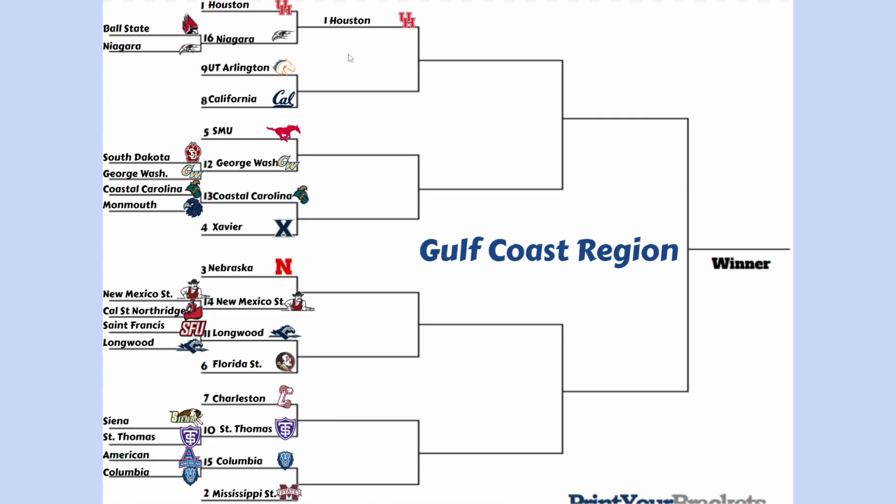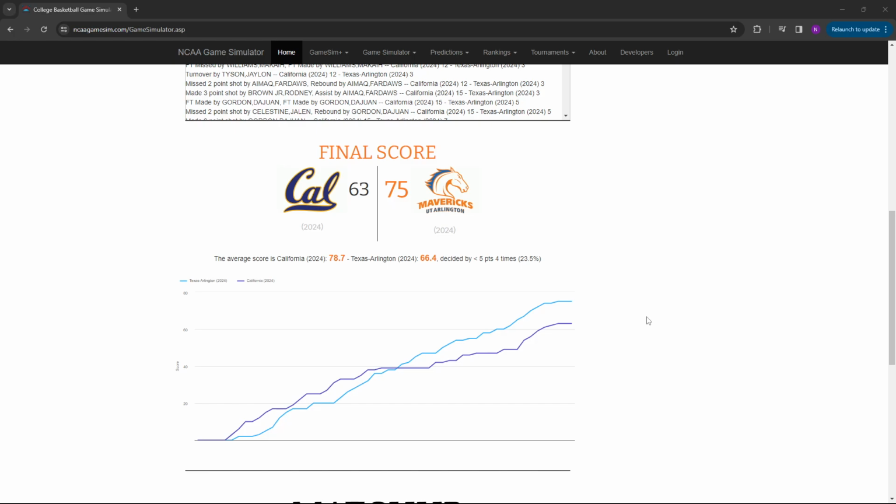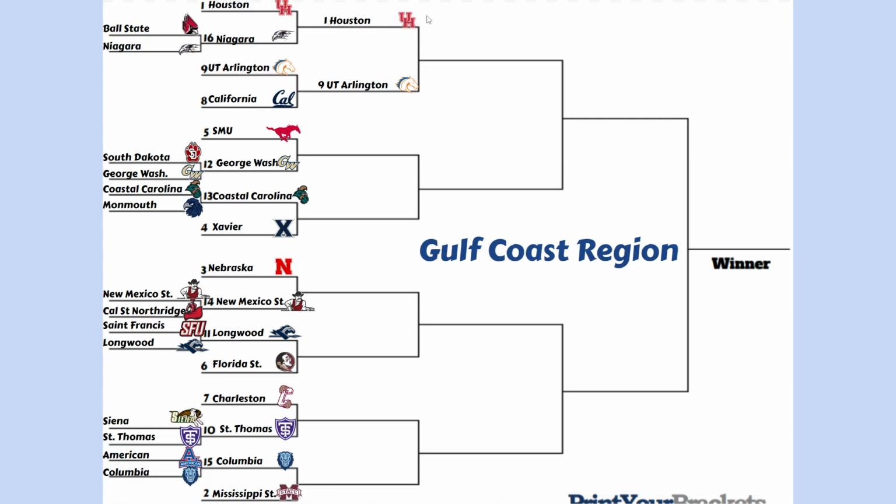And next up, to see who faces Houston, it'll be the winner of UT Arlington and the Mavericks versus the Golden Bears from California. And it is the Mavericks from Texas Arlington that get the victory. California took a lead and took that lead into the first half, but Texas Arlington made great adjustments and came away with a comfortable victory in the end, a 12-point victory to move on to the next round. So we will see an all-Texas matchup in our next round with Houston and Texas Arlington, but until that time,